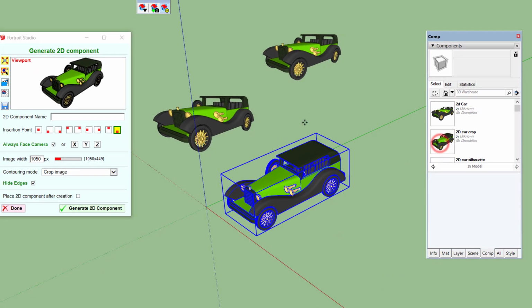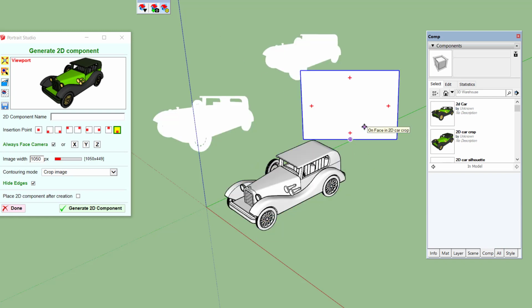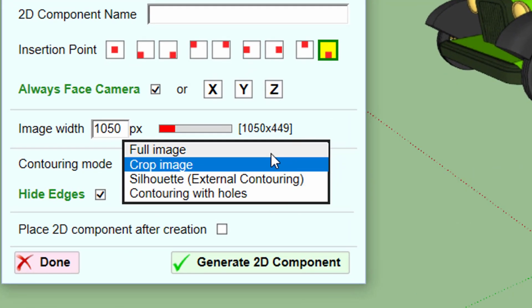So the 2D car now is a single rectangle which is cropped to the 2D model. Okay, and the last option is really the full image.